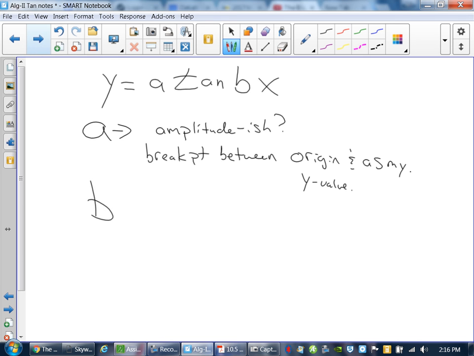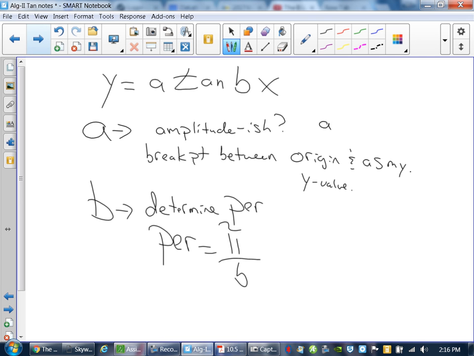This B value is going to help us determine the period. Well, the period of tangent graphs is always equal to pi over b. It still means the absolute value of b, but I really don't think I will ever have to worry about a negative b value in algebra 2. I think we'll throw one of them or so at you in pre-calc, so I don't have to worry about it. Oh, also A, if A is positive,